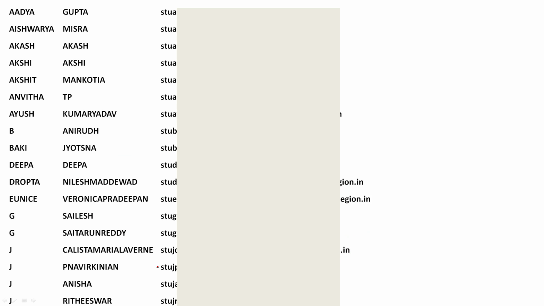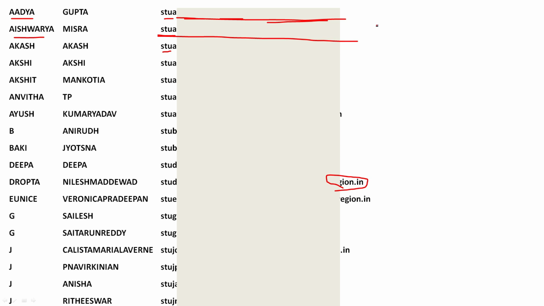Now these are the IDs given by a particular school. There are so many names here, Aditya Gupta, and here is their ID issued by the school. STU followed by the name, then admission number, then other details. It will be common for most of the children. It is issued by the concerned school, and you are going to use it for login. For login we are going to use only these IDs. These are the G Suite IDs. The ID is created in the student's name.